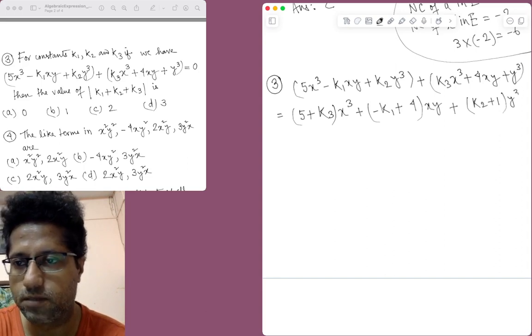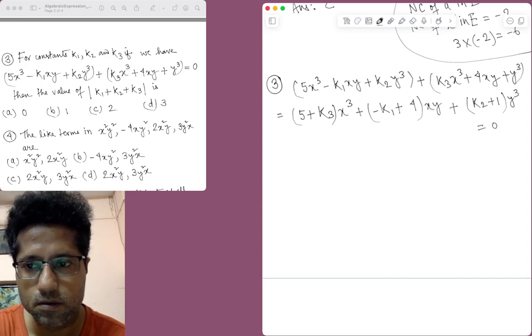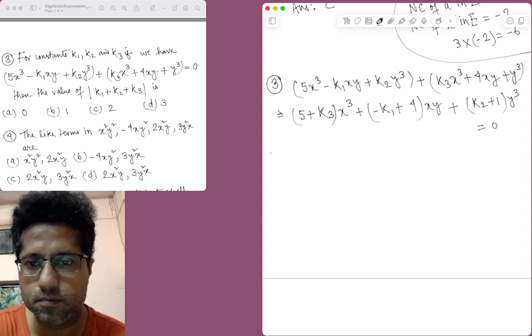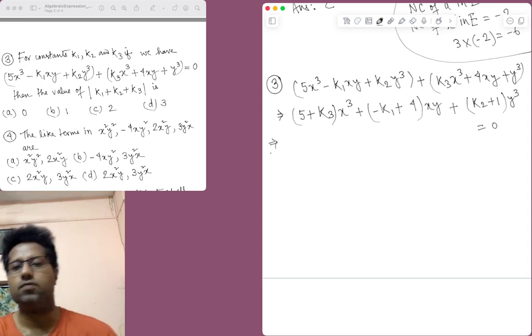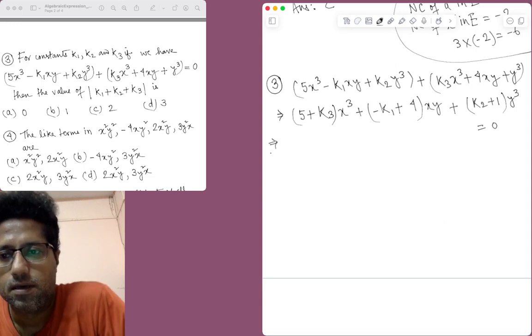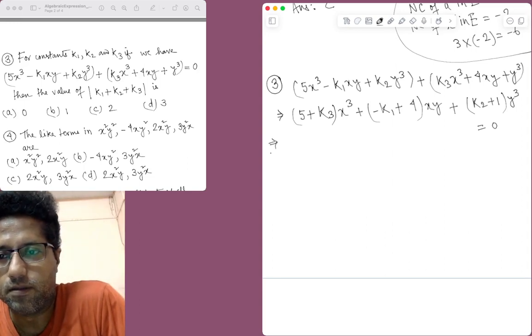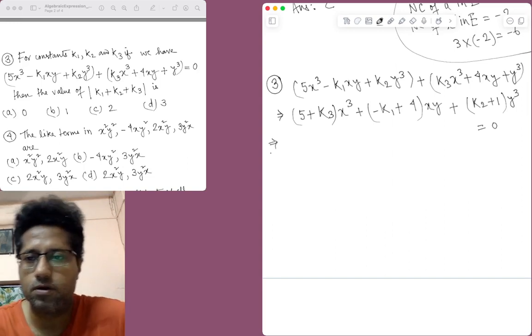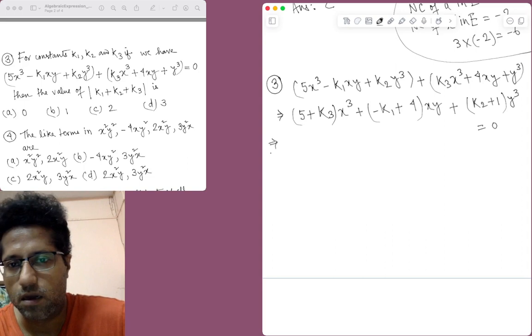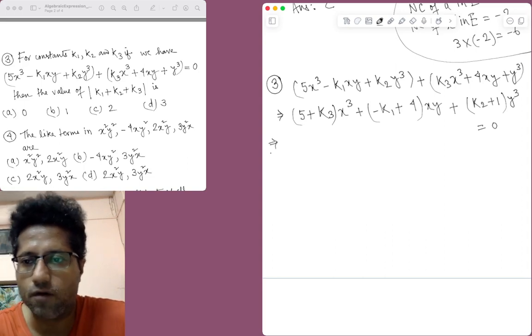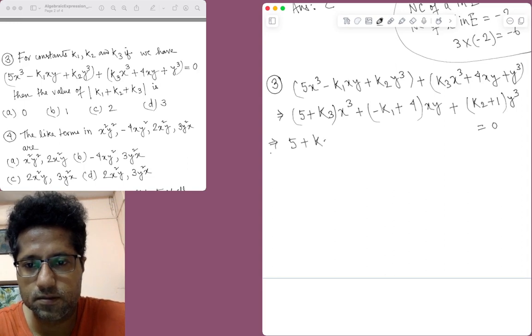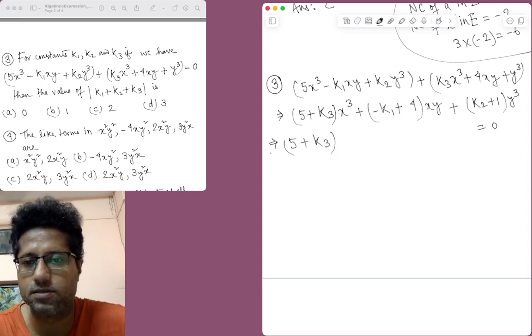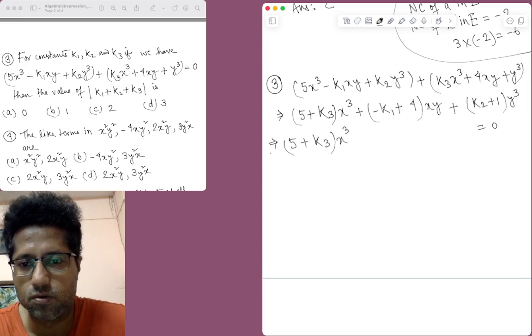Y cube. This is given to be 0. Now this implies, okay, now if this is 0, now see, the whole algebraic expression is 0. What does it mean? This obviously means that all the terms on the left hand side have to be 0. This is 0,